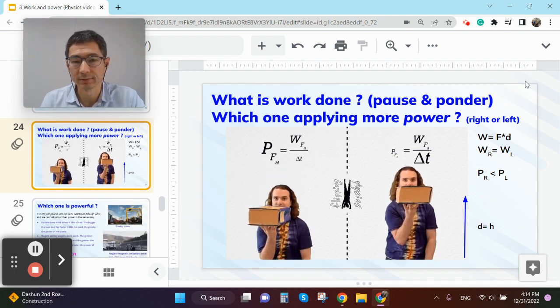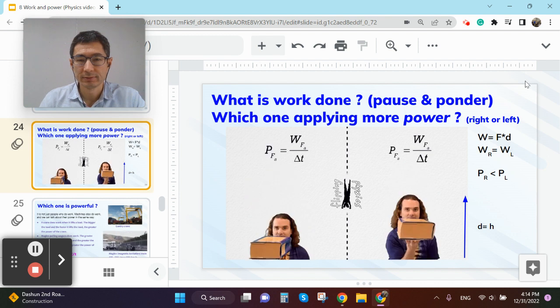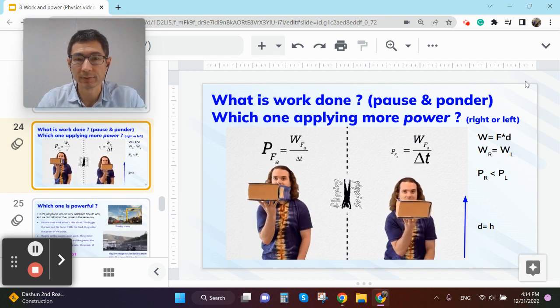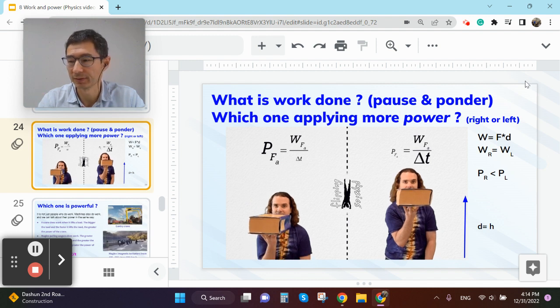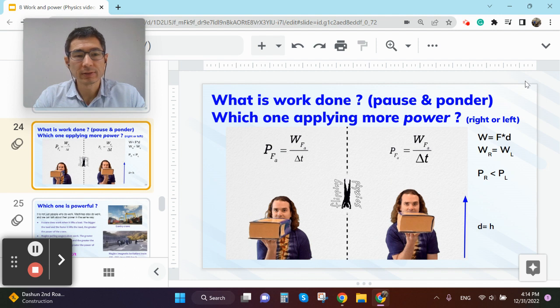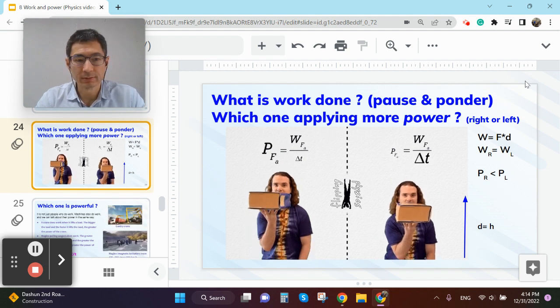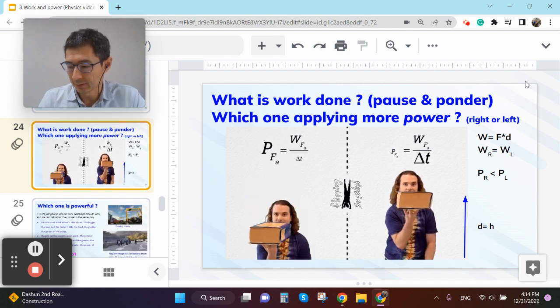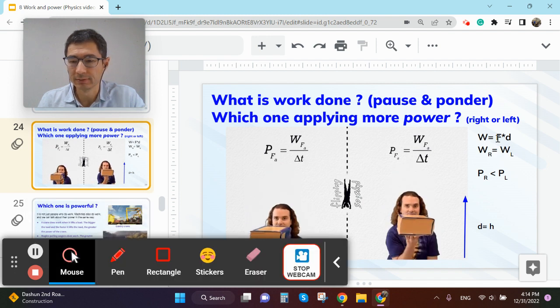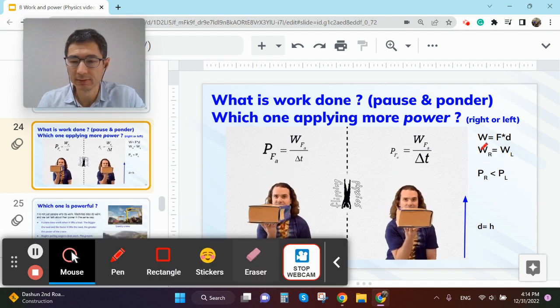Please pause and think about it. So I'm assuming you paused and pondered. Okay, let's continue. So as you can see on the right hand side here, as the distance